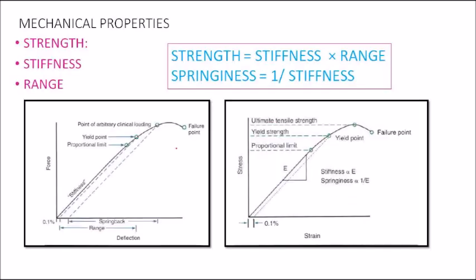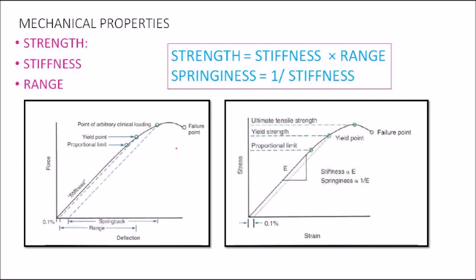So in orthodontics, we have seen a few biomechanical considerations, like center of resistance, center of rotation, moment, couple, and how you alter the moment and couple so as to bring about the desired tooth movement. Now it is also equally important that you understand the mechanical properties of the orthodontic materials that we are using, like your brackets and your arch wires, so as to achieve optimum orthodontic tooth movement. These mechanical properties of arch wires are equally important when you are applying a force for orthodontic tooth movement. Three important mechanical properties of orthodontic arch wires are strength, stiffness and range.